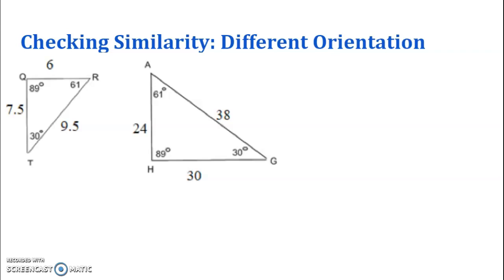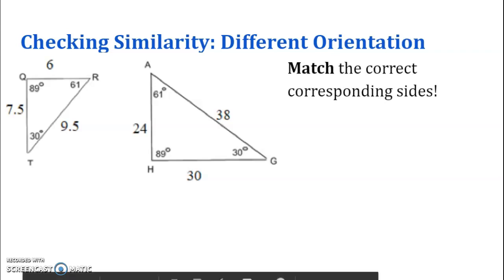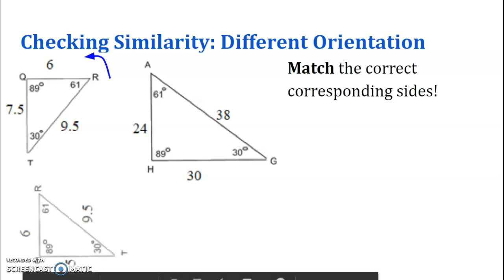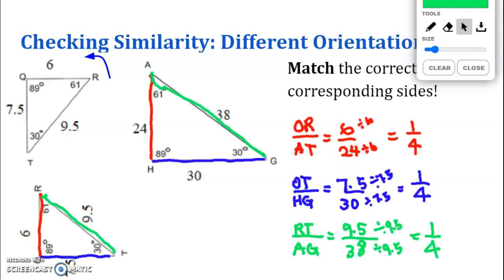To do that, the easiest way is to rearrange it by redrawing this triangle so that it looks like this. Once I've redrawn it, it's easier to match up the sides, and I've matched up the sides and found the proportion to be 1 to 4. Okay, so I'll continue with